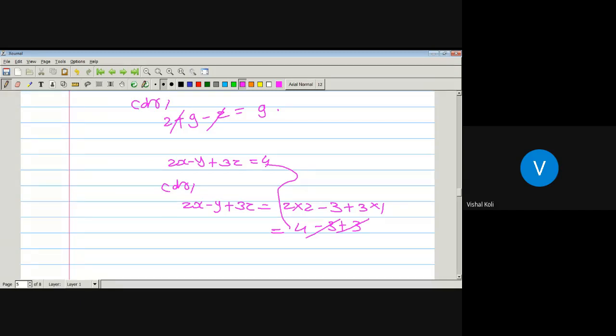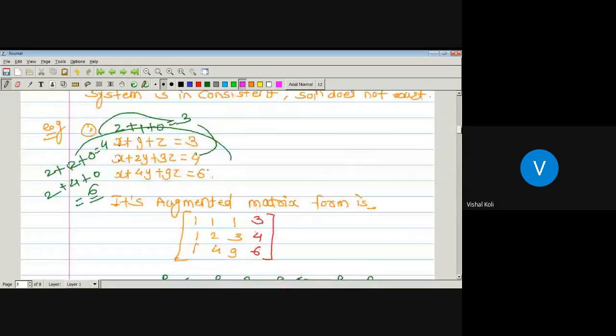So if we have a non-homogeneous system of linear equations, then there are two methods for finding its solution. Either we can use the inverse method, that is X = A inverse B, if the matrix is non-singular. Or we can use the elementary row transformation, that is, the augmented matrix method, then also we can solve. Okay. Up to now, any doubt?